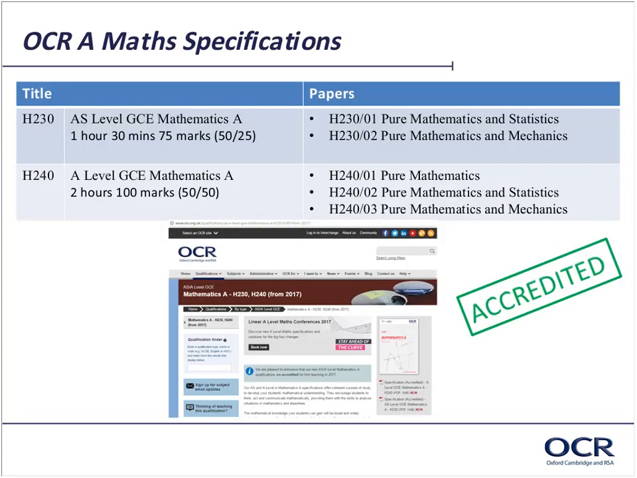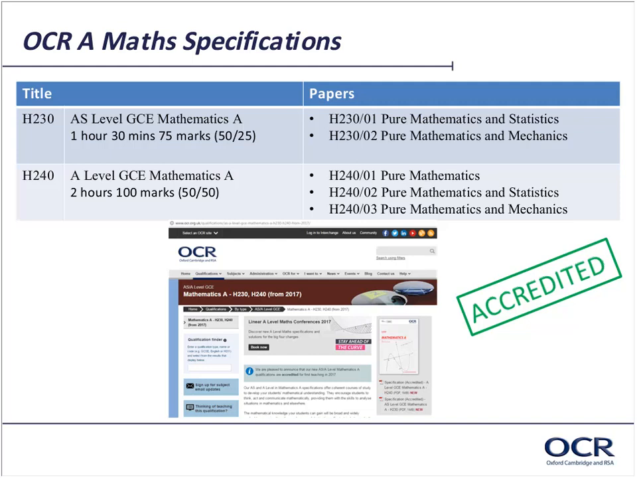So the A-level specification, we've got H230, which is the AS, 2 papers, a pure in mechanics and a pure in statistics. Apologies, the other way around. 1.5 hours, 75 marks. Section A, pure maths, 50 marks, and then section B, 25 marks on the applied. In the full A-level, H240,